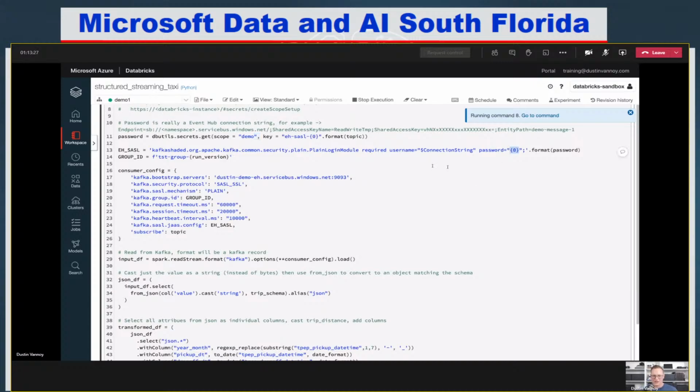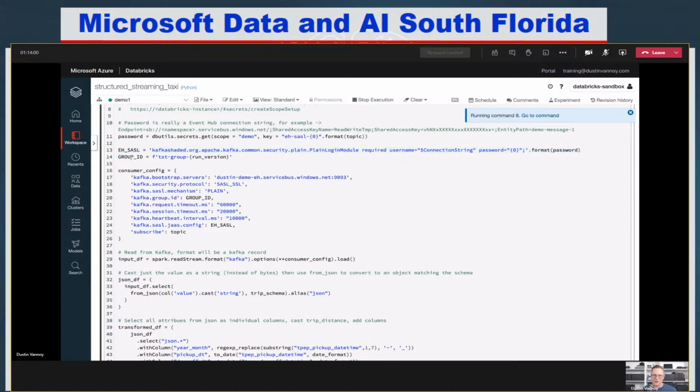This SASL string is something you may not find first in the docs if you're trying to do Event Hubs for Kafka. Maybe it's there now, but it took me a little searching through blog posts to find this the first time. In Azure Databricks, kafkashaded is where those Kafka libraries we need are. They should be there on every Databricks cluster that's out there. So you can just take this code and modify it with your own password and connection string. And this is a way to get the security credentials passed through in the configuration.